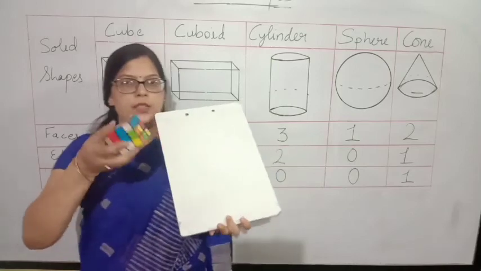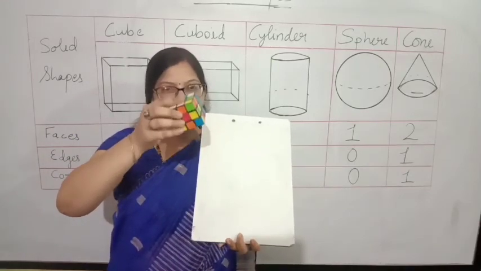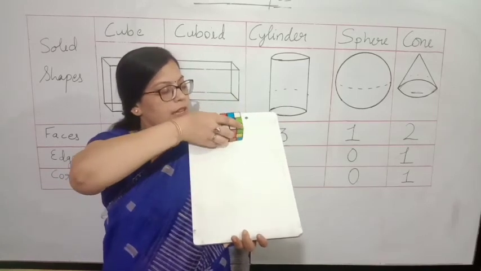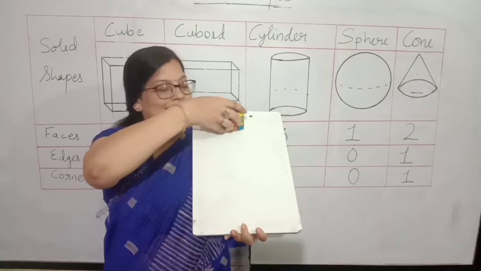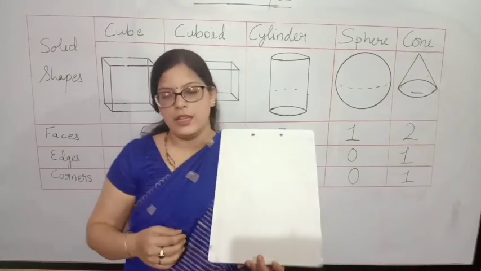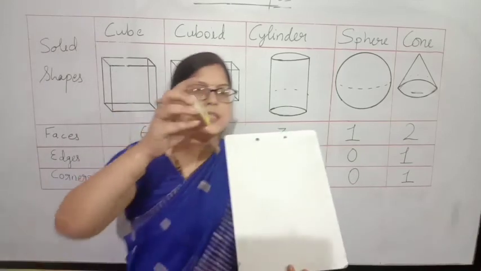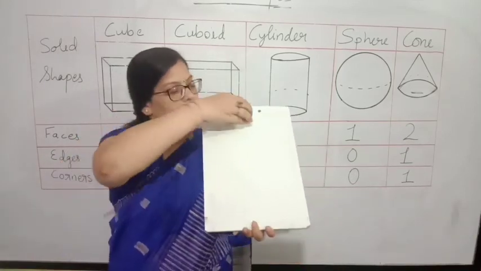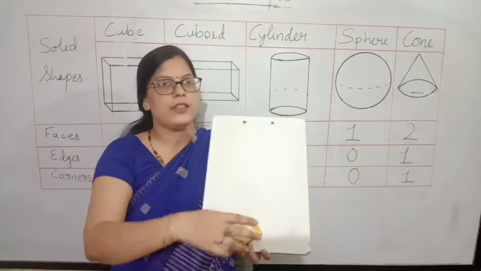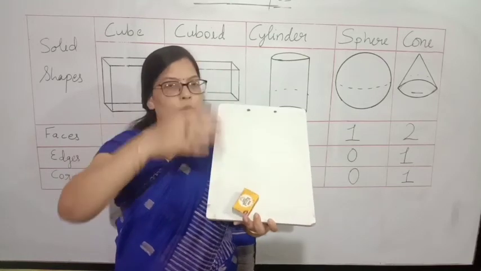Now see, this is the example of cube. It has flat face. Now see, on this slope it will slide. Okay, now see here, this is the matchbox. It has flat face, surface. Now see here, it will slide. It is sliding on a slope.